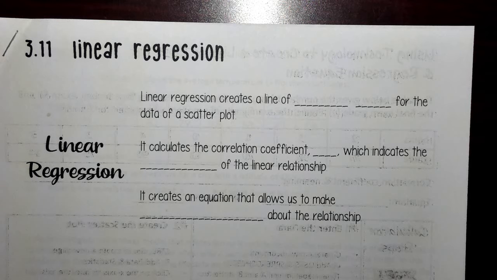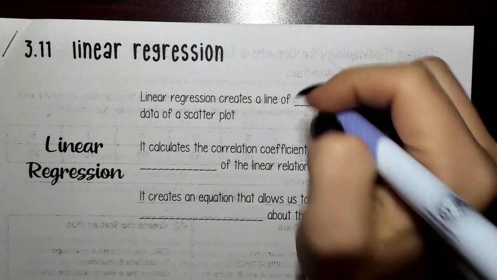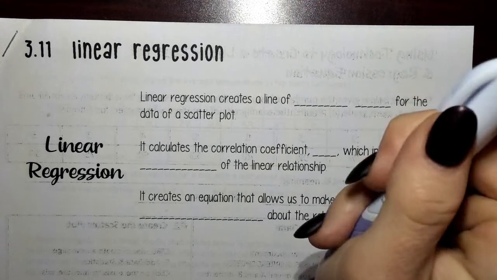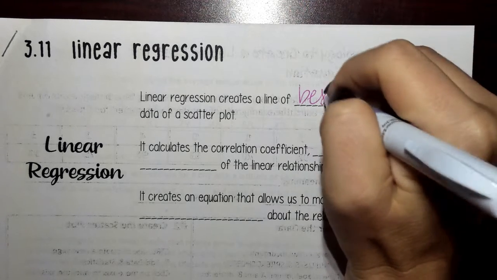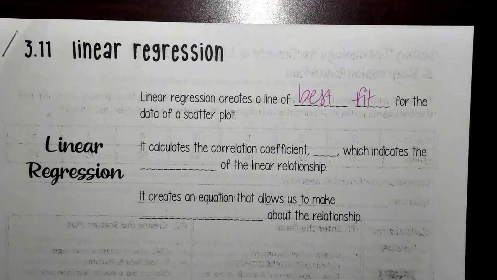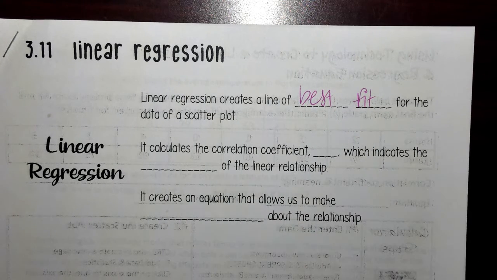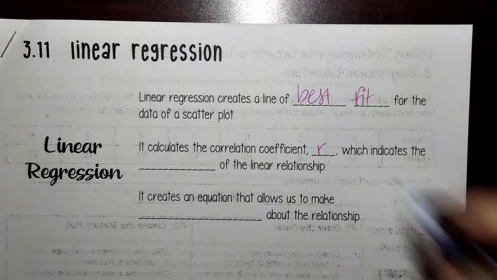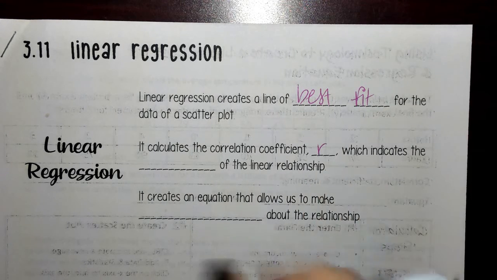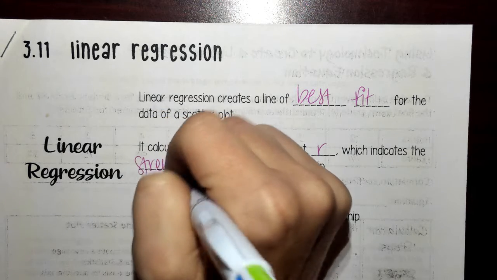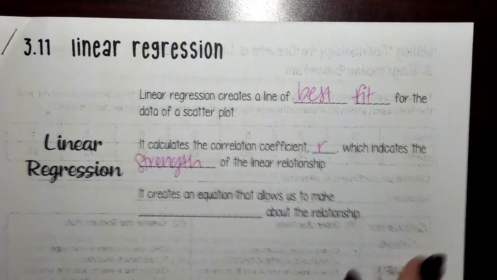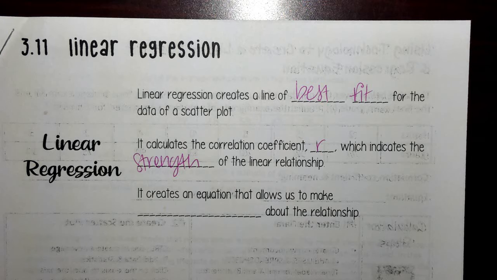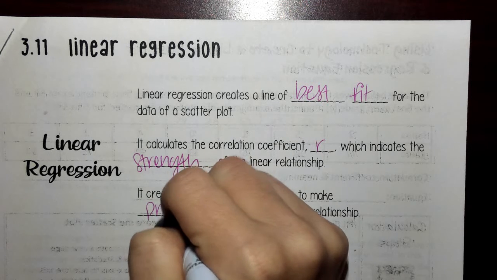All right, we are going to look at our linear regression lines and equations. Our linear regression creates a line of best fit. Remember, this is data. We're not going to get an exact line, but we will get a best fit line for the data that we're given. It also calculates the correlation coefficient that's represented by the R, which indicates the strength of the relationship. It also creates an equation that allows us to make assumptions or predictions